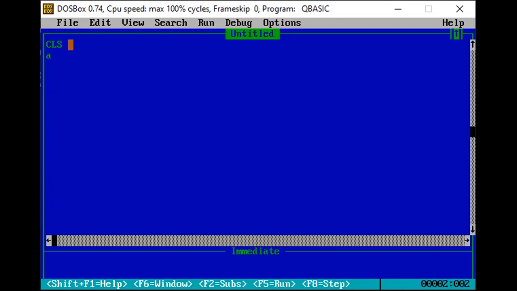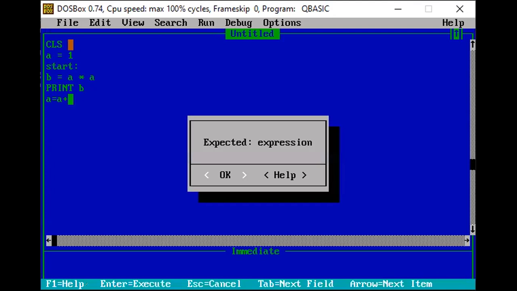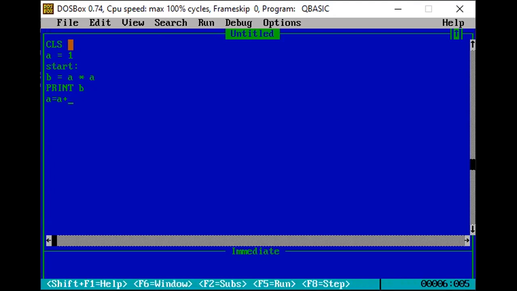CLS, A equals 1, start, B is equal to A multiplied by A, print B, A equals to A plus 1, go to start, then end.